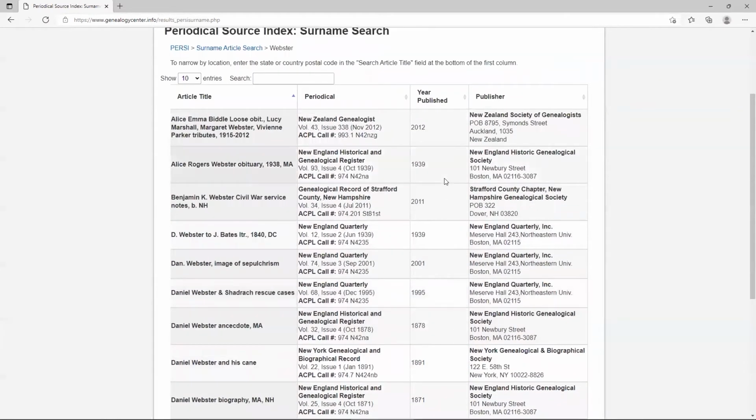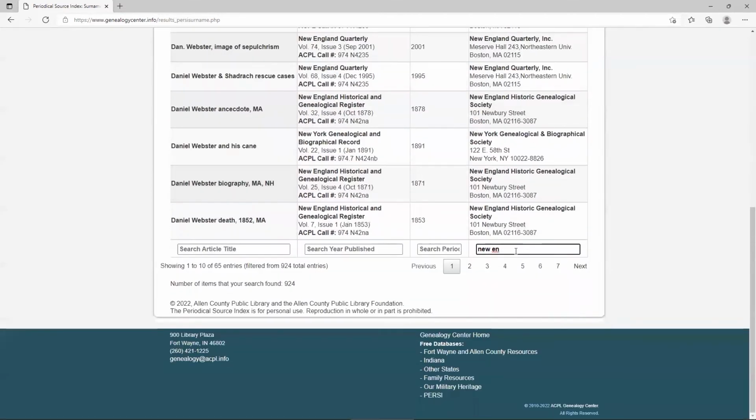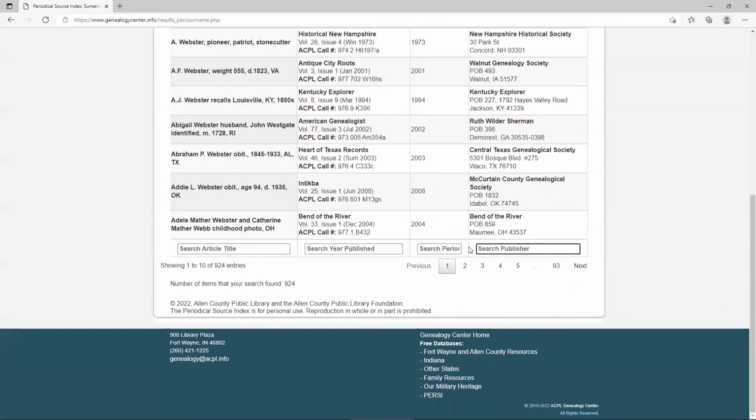So let's say I know it's going to be in a New England publication, so I'm just going to narrow my search to that. So you can do that. You can also narrow by a year if you would like,